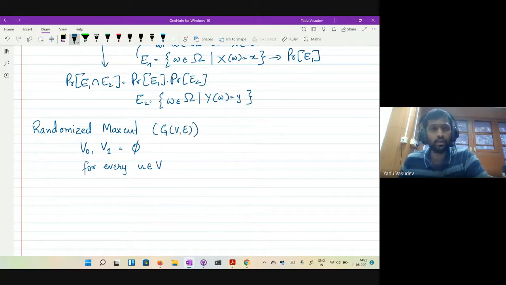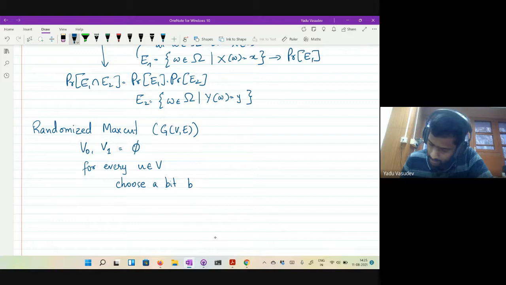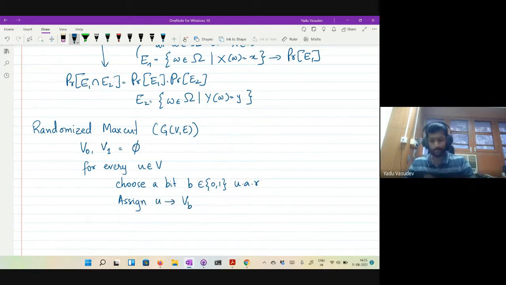For every vertex u in V, you choose a bit b in {0, 1} uniformly at random, and then you assign u to the vertex set V_b.